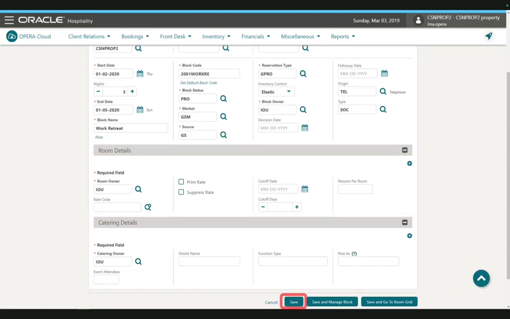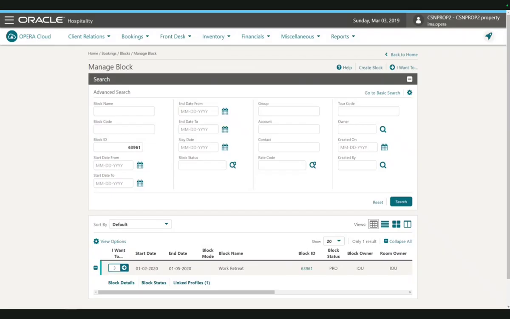If you click the Save button, you would save the block and return to the Manage Block window. Clicking the Save and Manage Block button will save the block and take you to the block overview window. If you click the Save and go to Room Grid button, the block will be saved and you would be taken to the Room and Rate Grid window. In this example, we will click the Save button and return to the Manage Block window where the newly created